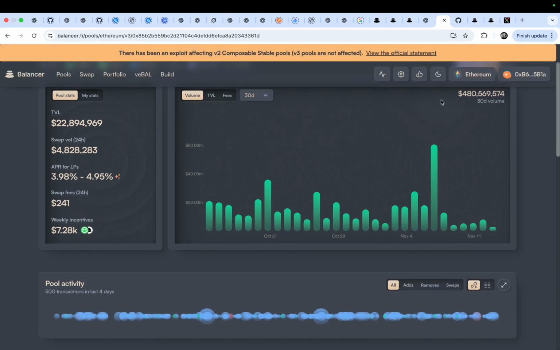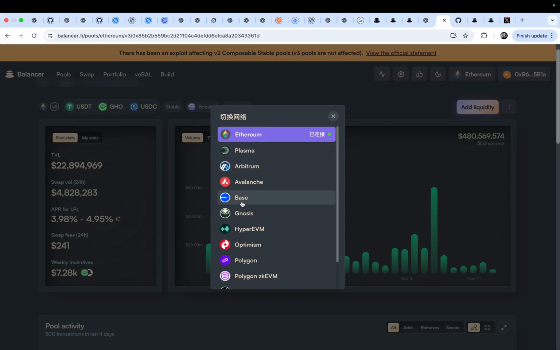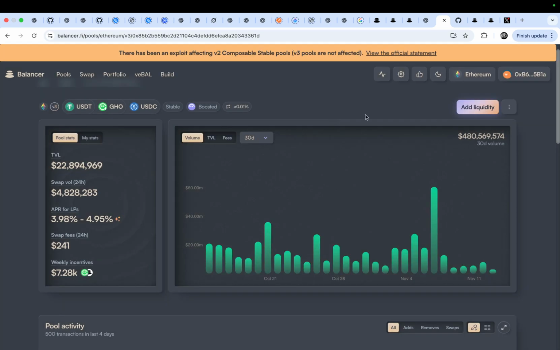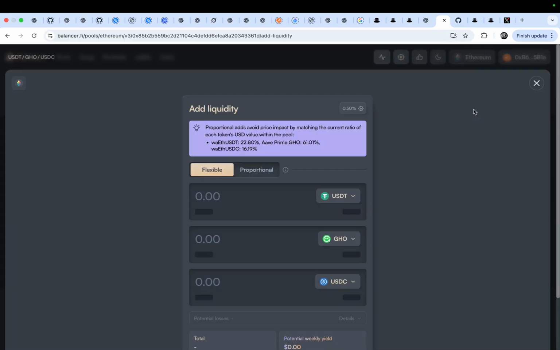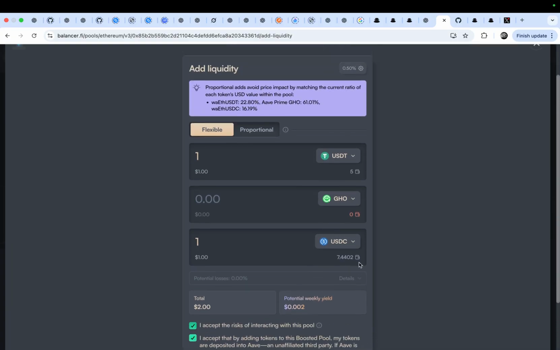Here you can add some liquidity, and these are the networks you can select, and add some liquidity. But I don't have the GHO, so I just type some to check whether I can deposit.